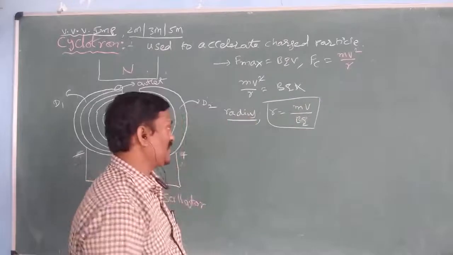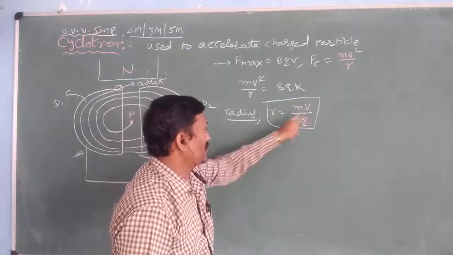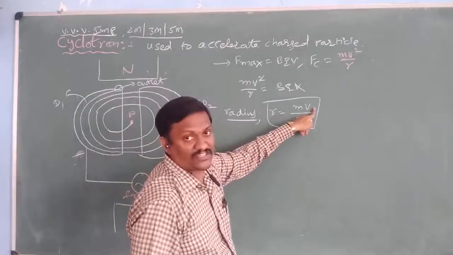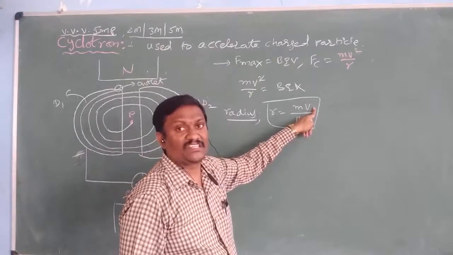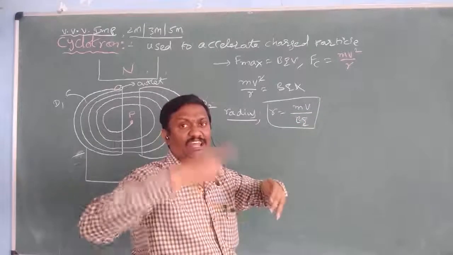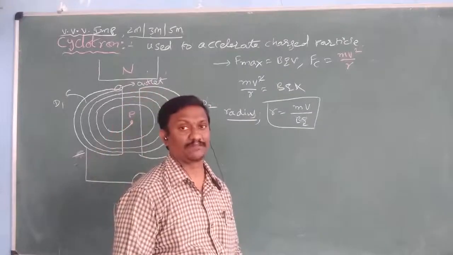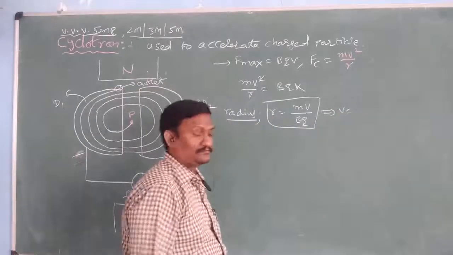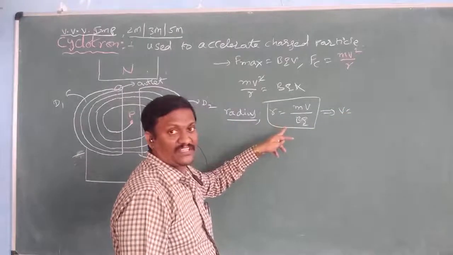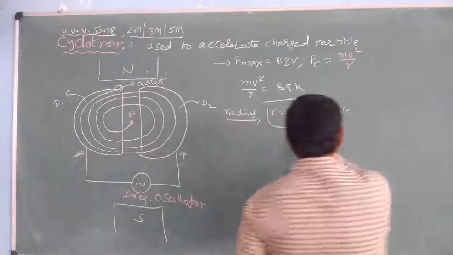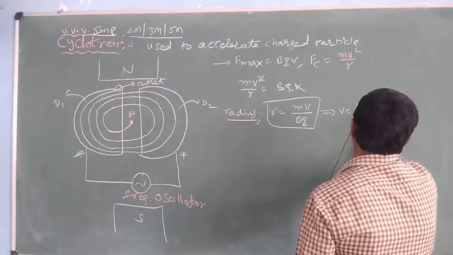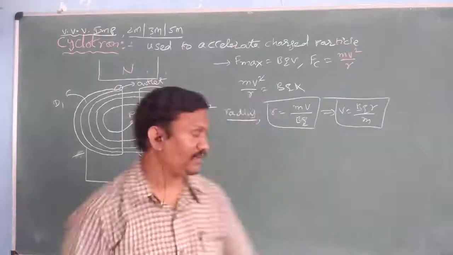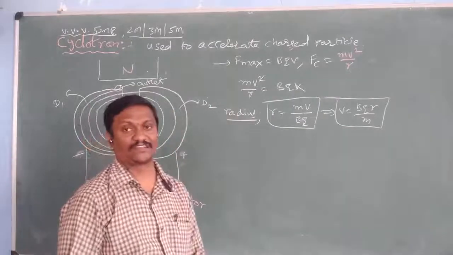So this equation explains velocity and radius. Every time the radius of the circular orbit is increased, the velocity of the charged particle is also increased. Velocity is increased, automatically energy is increased. So every time velocity increases, energy is increased. Or from this equation, find the velocity of the charged particle. It is the expression for radius. From this radius equation, find velocity. V is equal to qBr by m. So that is about the expression for the radius or the speed of charged particles.